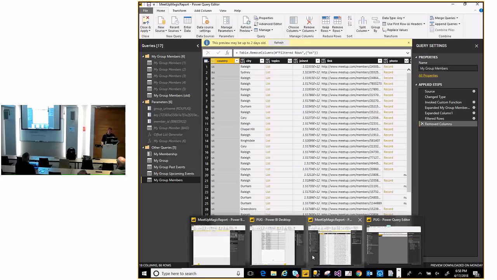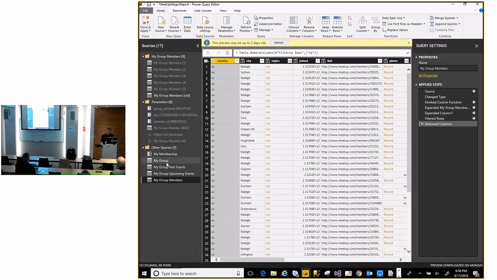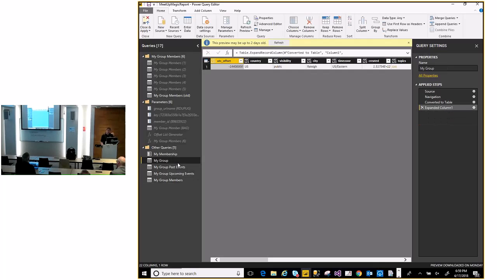So I started looking at automating this by going back to my groups column and saying, well, what if I came over here and grabbed a value called members. So now I know for sure this group only has 88 members.